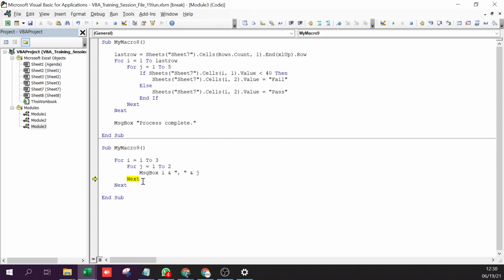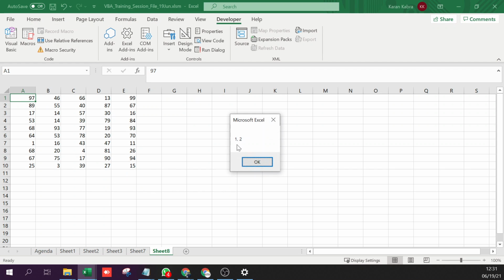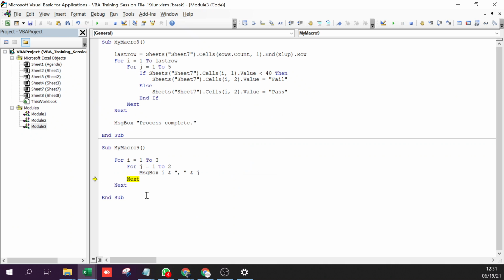Now will this exit the j loop? No, because right now it is in the j loop and it will complete this task first, the innermost loop. So now it will automatically give the value of 2 to j, and I still is 1, because this is still the first loop for I. 1 comma 2. Now will it again go to j? No, it won't increment because I've already done till 2. It will now exit this loop.